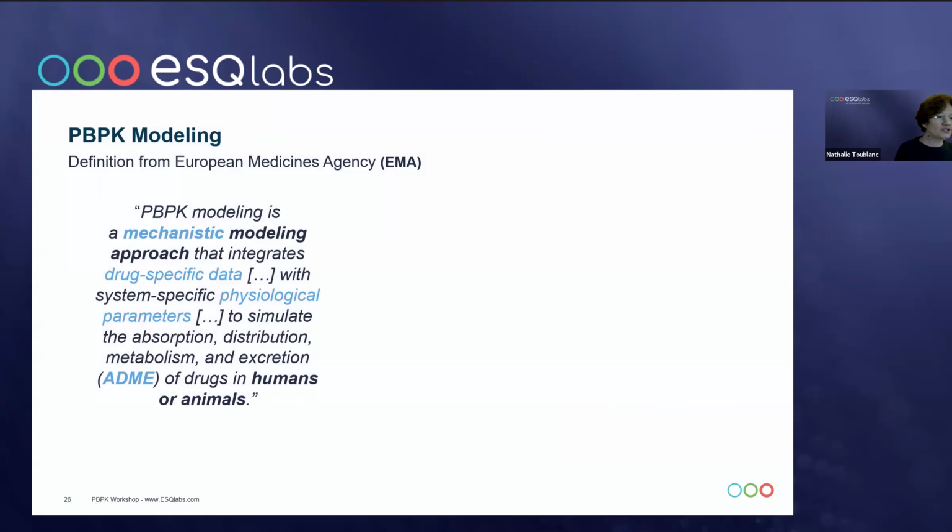So if you look at the definition from the European Medicines Agency, and I chose that one because I really liked it, it says that PBPK modeling is a mechanistic modeling approach that integrates drug-specific data with system-specific physiological parameters to simulate the absorption, distribution, metabolism, and excretion of drugs in humans or animals. I highlighted in blue all the words that were important. So you've got the drug-specific, the physiological parameters, but the very important thing is the mechanistic modeling, because before moving